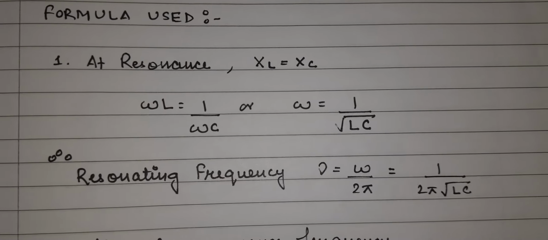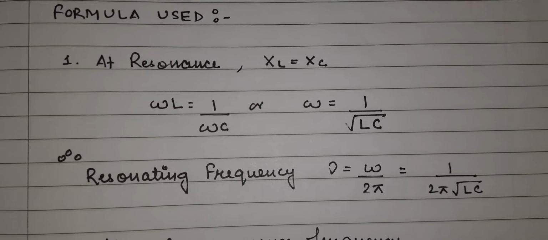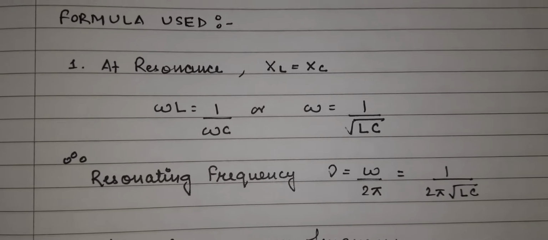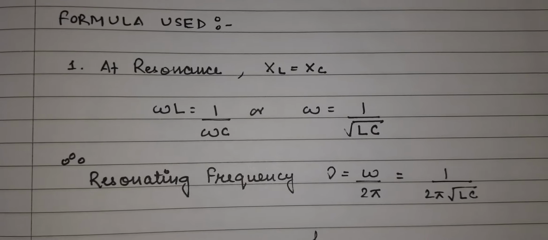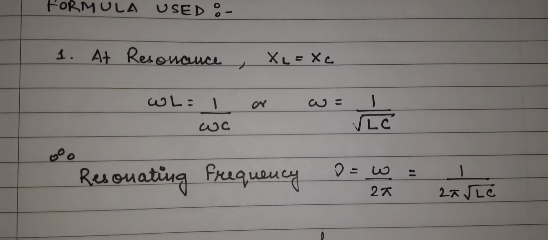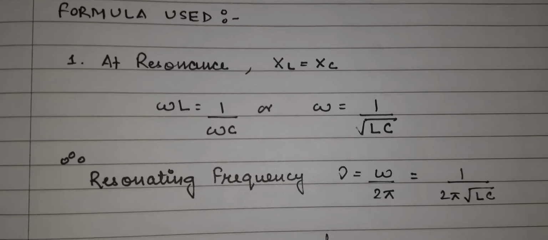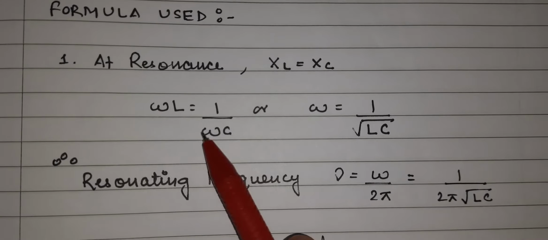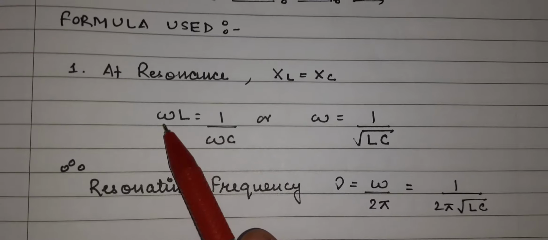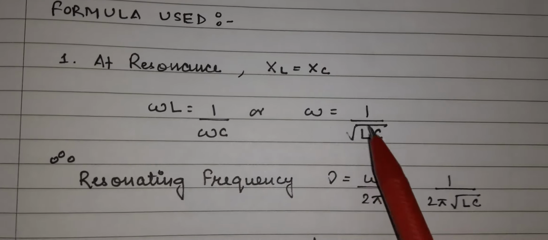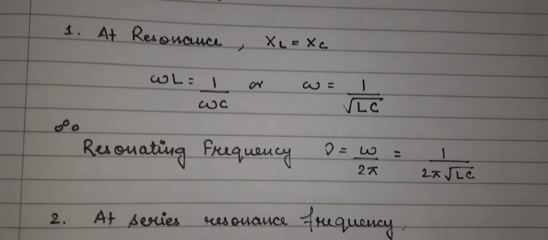So first of all, we all know that resonance happens in the RLC circuit whenever the capacitive reactance is equal to the inductive reactance, means XL should be equal to XC. So in that case, if I talk about what the omega should be, omega will be equal to, L and C will come down on this side, and if I take the square root, omega will become 1 upon under root LC.